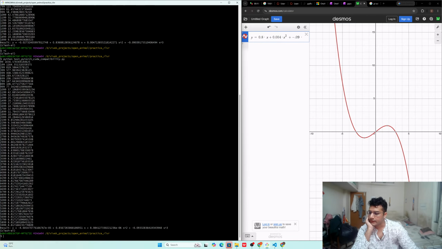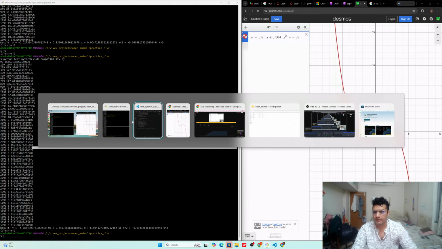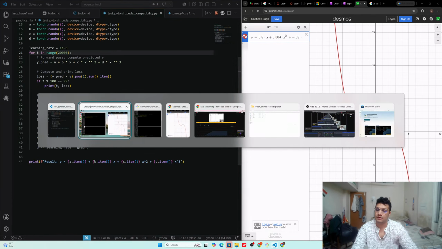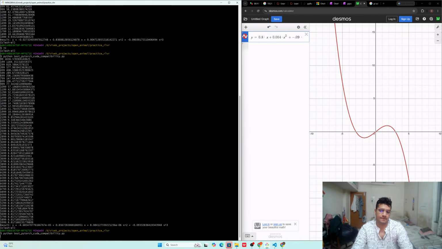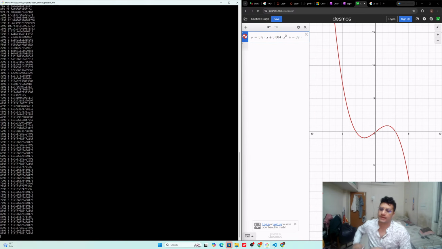So the loss is going down. It's 8.8 now. And these values have improved, right? So the smaller the loss, the more this will look like a sine of x function, right? Let's do even more. Let's do 10,000, or let's say 20,000. So now that we're training it for 20,000 steps,